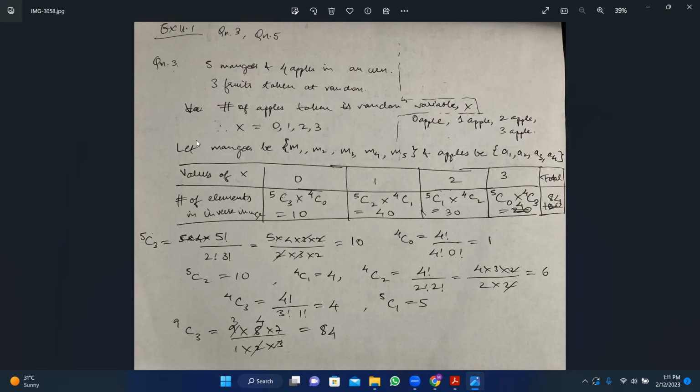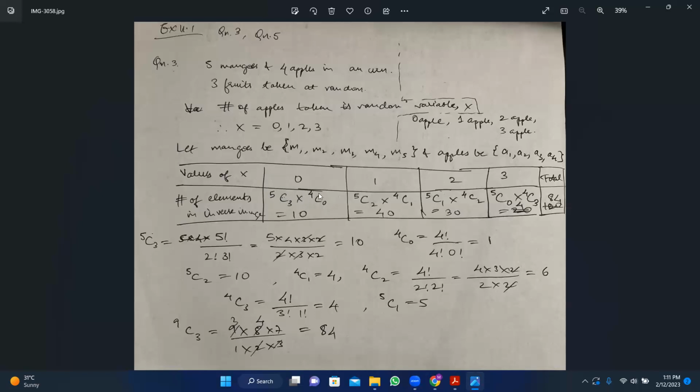Now to get the sample space, we list down the mangoes as the set M1, M2, M3, M4, M5, and the set of apples as A1, A2, A3, A4. Now, for the first random variable possibility, that is 0 apples taken out, what are the number of elements in inverse image? We have studied in permutations and combinations that from the set of mangoes, we are going to take out 3 mangoes, and from the set of apples, we are going to take out 0 apples. So it is a product of these two